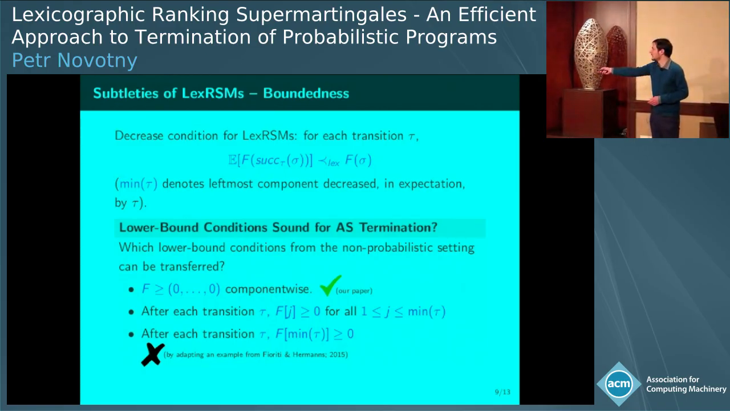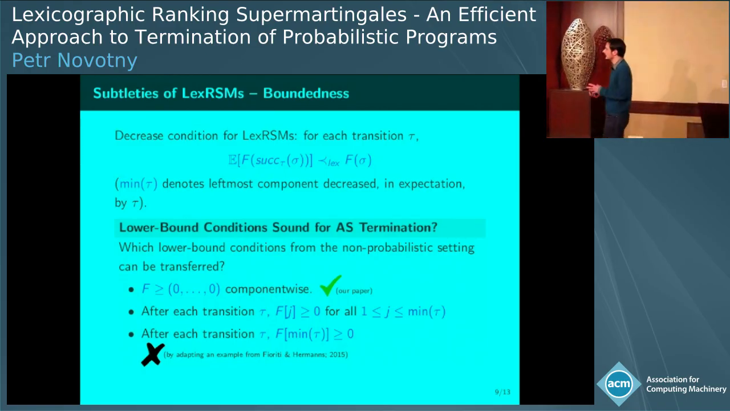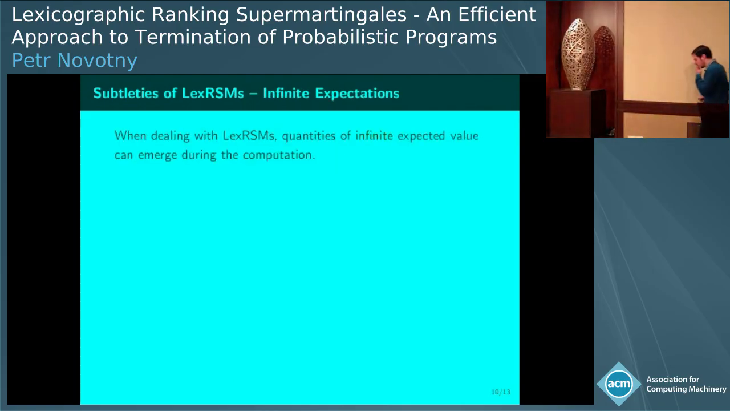There is also some sort of intermediate notion of this lower bound condition, which we have not investigated in much detail, and I believe that this one would lead to a sound proof rule. So this is an interesting thing to look into. Okay, another